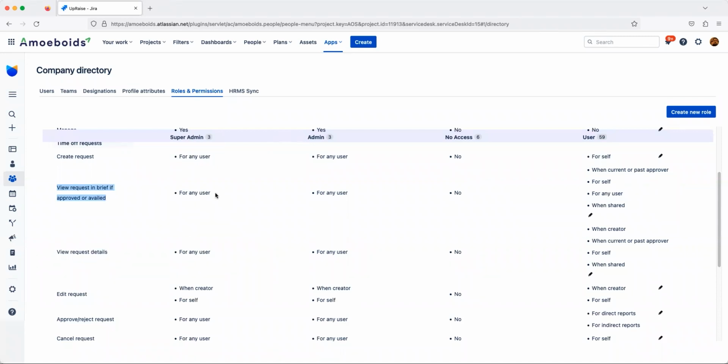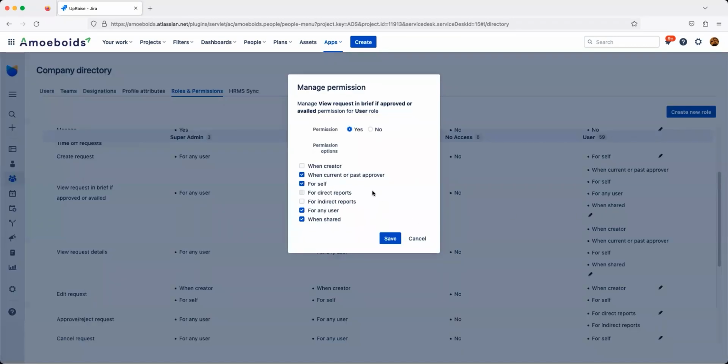For super admin and admin, this is set to for any user. For the normal user, the permission is set to for self, when current or past approver, for any user, and when shared. So this permission is useful depending on your